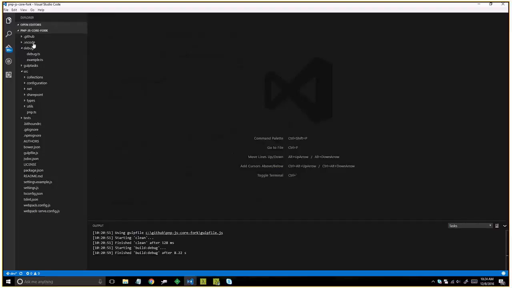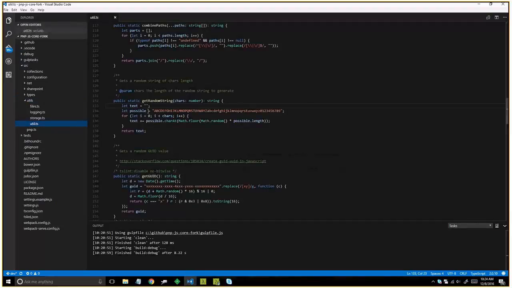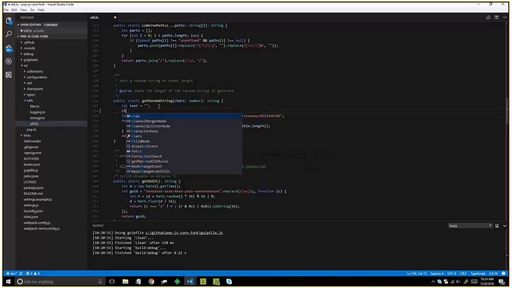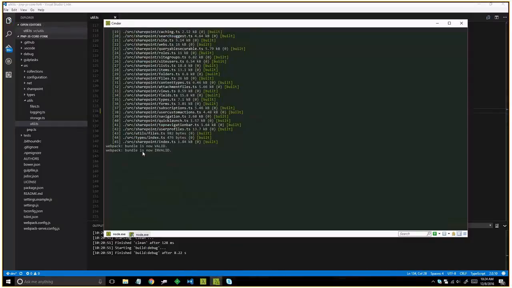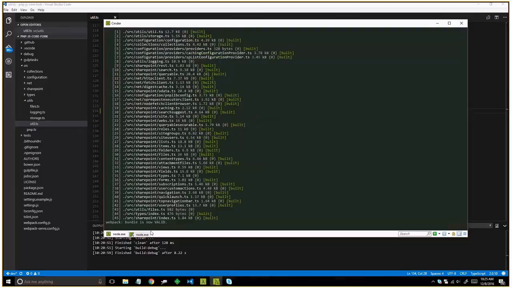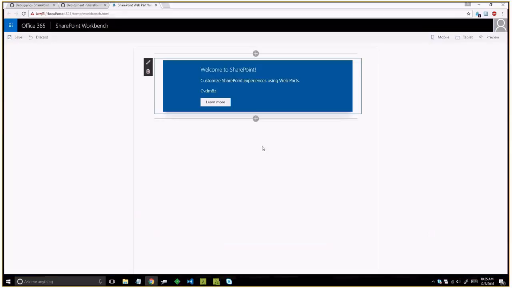I'm back in my JavaScript library local project, and I'm using the getRandomString method. So what I'm going to do is I'm just going to say chars is chars times 20. So instead of getting 6 or 8 or whatever I was doing before, I'm going to say 20. And if I go look, you'll see Webpack is now saying the bundle is invalid. It's going to rebuild. The bundle is now valid. And if I come back, I'll refresh my Workbench page, and you can instantly see the change in the SharePoint